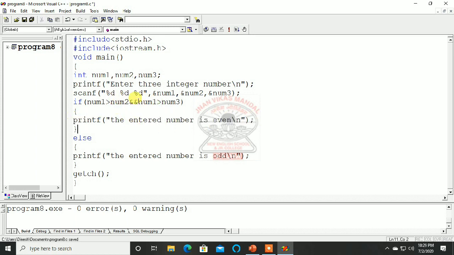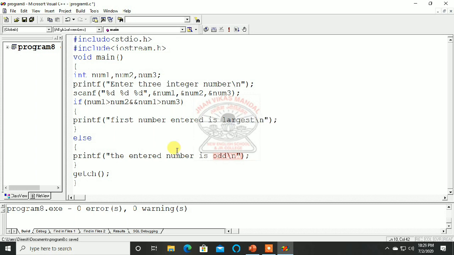In this, I got two expressions. The first expression is checking whether number 1 is greater than number 2. The second expression is checking whether number 1 is greater than number 3. So if both conditions are true, then only we can say that the first number entered is largest.